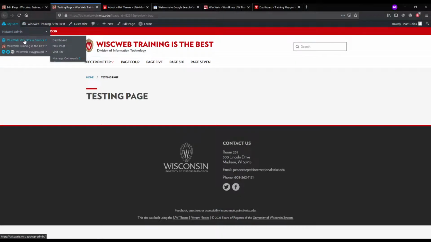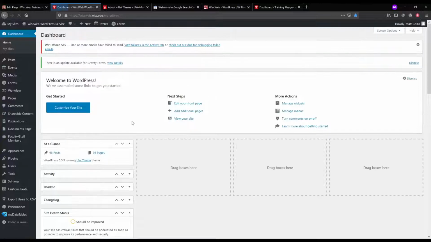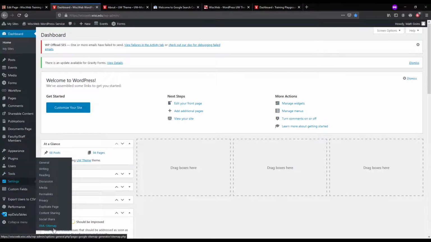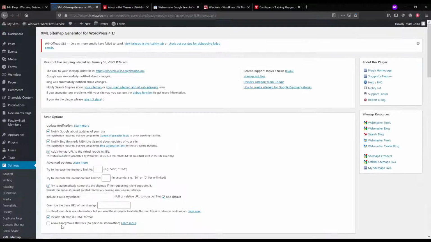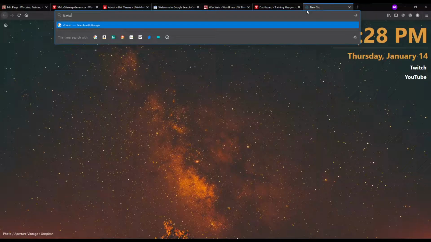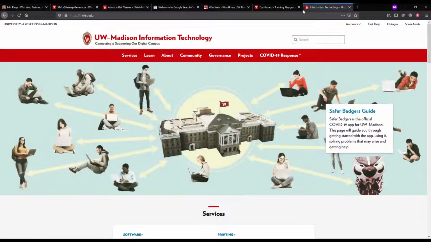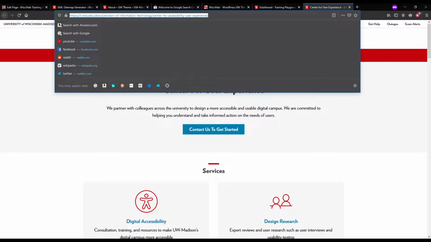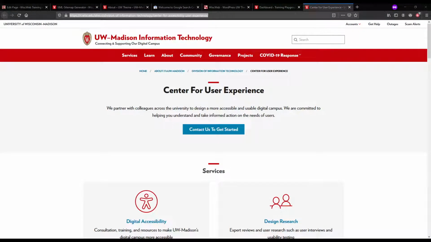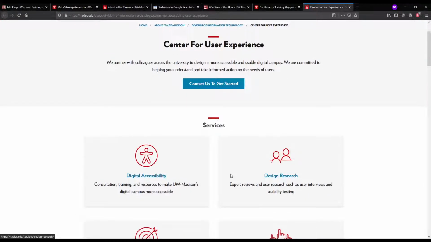There are lots of content things that you can do, and I'm with the Center for User Experience. We're in the process of updating and creating and keying up some guide documentation that folks across campus can use when it comes to the concept of content design. And that's kind of what we're talking about here, is how to design your web content in a way that is going to make it findable, usable, and easy to cut through. And I don't think we quite have the thing ready yet, but once we do, we will share that with the WiscWeb team.